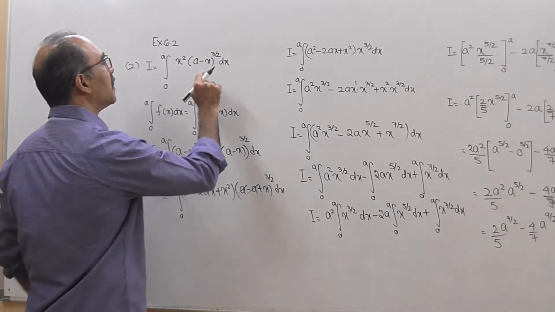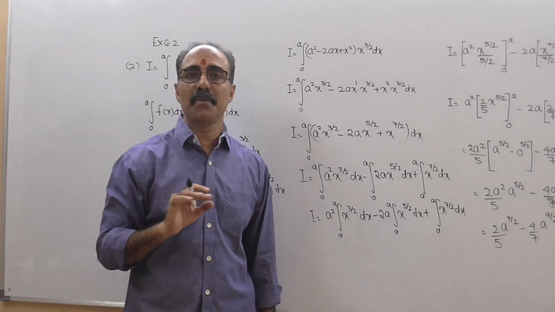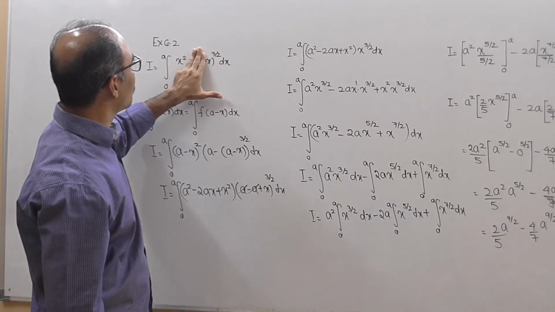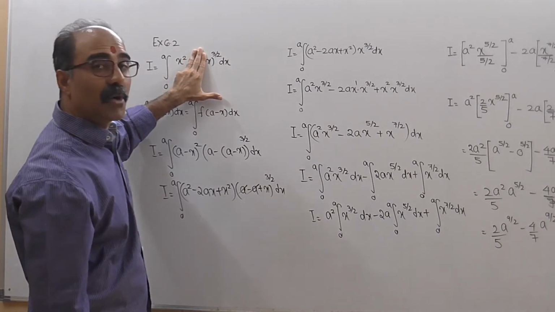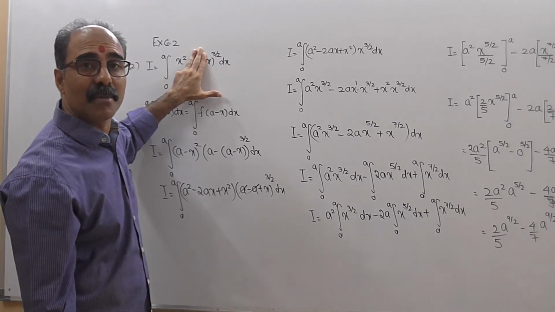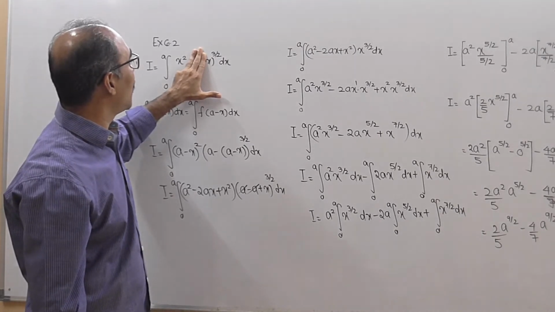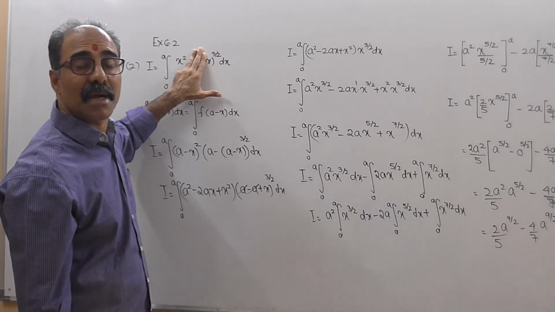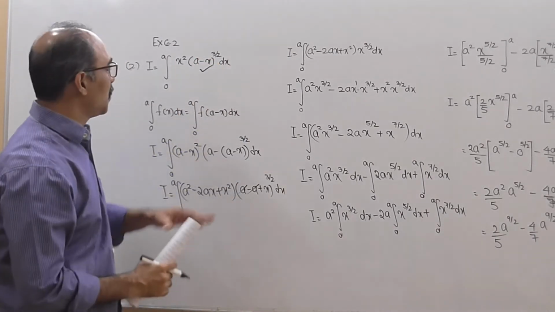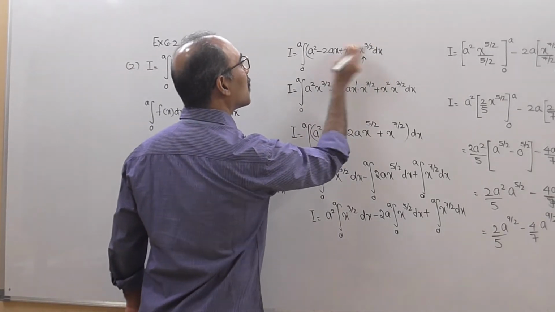But if you have 3 by 2, do you know the expansion of a minus b raised to 3 by 2? No. So if you make it into a single term, that is, agar aisa rehta tha, suppose itna hi rehta tha toh I think you could have done x square into x raised to 3 by 2. So mere ko lagta hai seedha x square into x raised to 3 by 2 means directly it will be a raised to m into a raised to n, that is a raised to m plus n. Toh iska answer aata tha x raised to 2 plus 3 by 2. Toh shayad uska answer aata tha 7/2. Toh khul jata tha sab. Lekin iska expansion apne ko maloom hi nahi. Toh agar a minus x daalega na toh sab kat ke idhar single term aayega toh automatically woh multiply kar sakte hain.